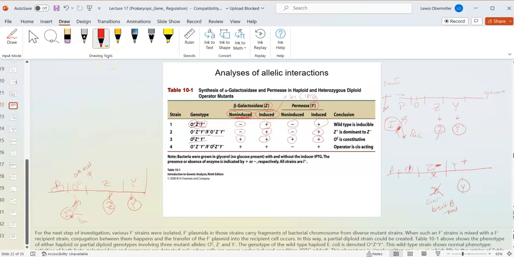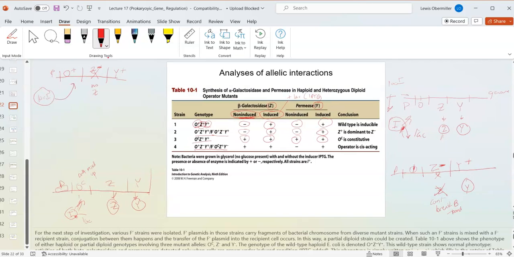Okay, this one, so it's a diploid, right? It has the F prime plasmid. So in the chromosome, we have a normal promoter. That didn't tell us anything about that. A normal operator. We have Z minus, so this one's broken. This one is Y plus, so that one's normal. So we're never going to get Z made. No Z ever here. Y is going to be under the control of the operator. And then we have the lac I. So we're just going to make that a protein, right? Without lactose, it's going to bind to that operator and shut this whole thing down. But